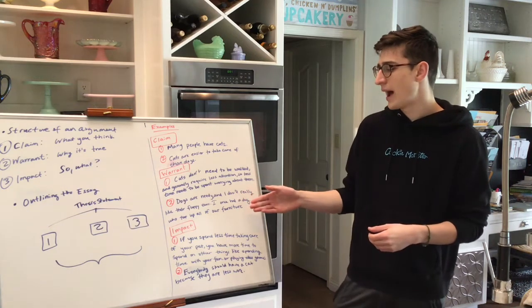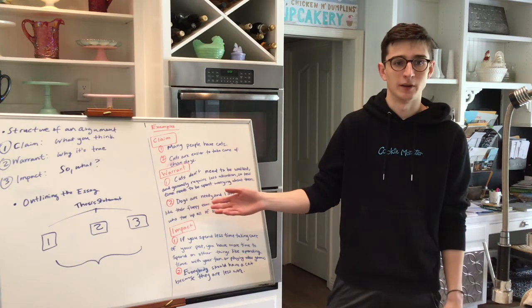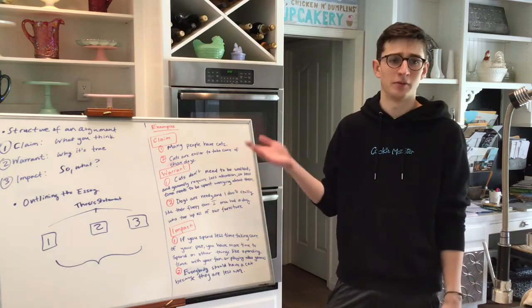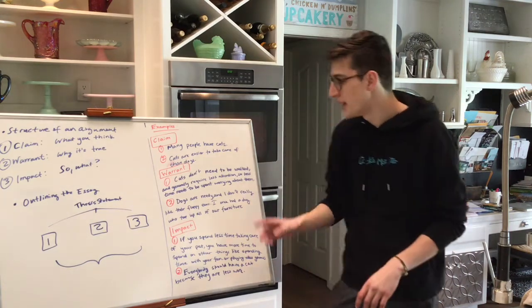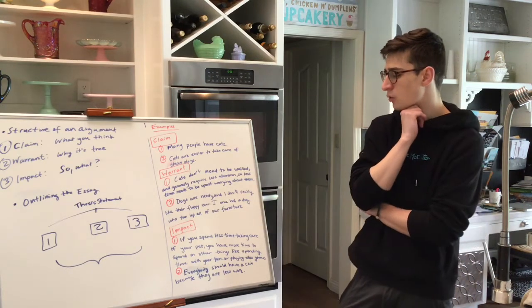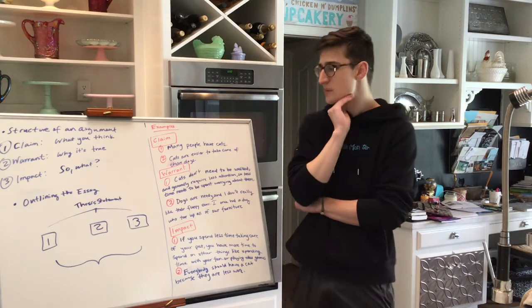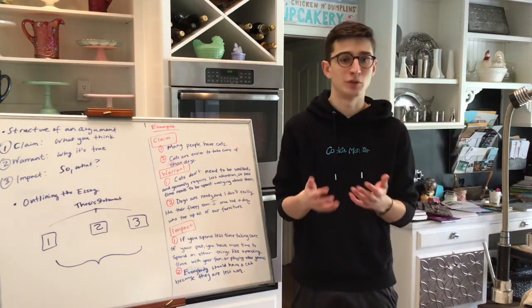I also add an unnecessary piece of information. I don't like their floppy ears. That has nothing to do with whether cats are easier to take care of than dogs. That's a personal preference that I, to be fair, don't have about dogs. And the last sentence, I once had a dog who tore up all of our furniture. It's a good example, and it could honestly be used as part of an effective argument to prove that dogs might be difficult to take care of.